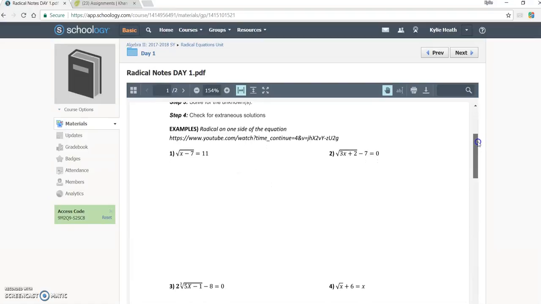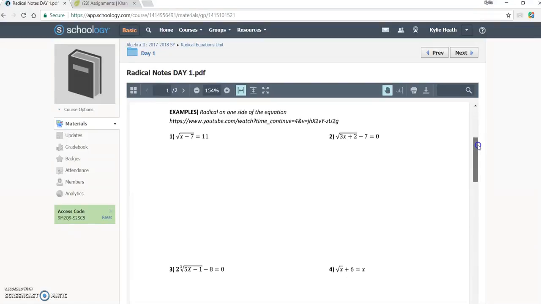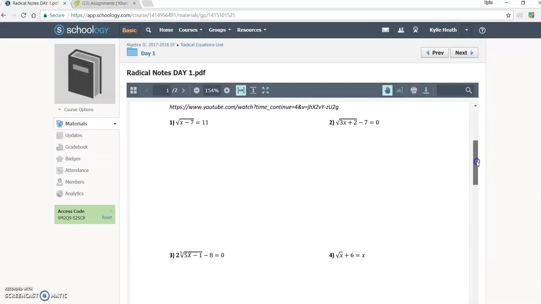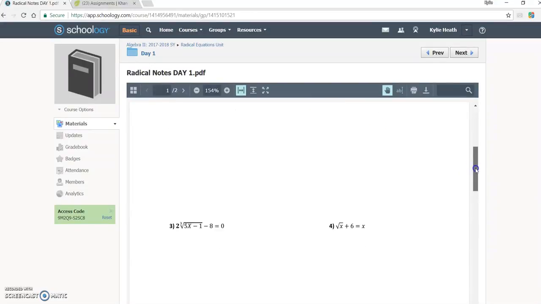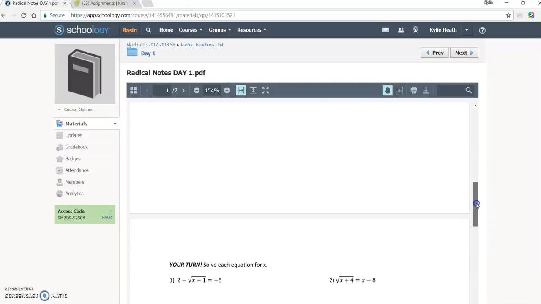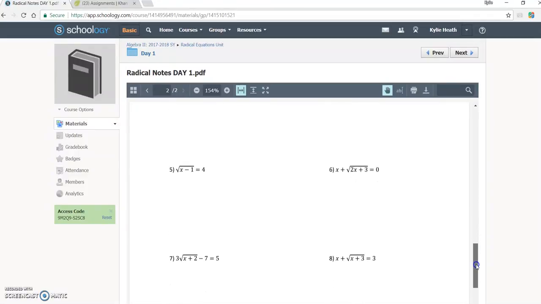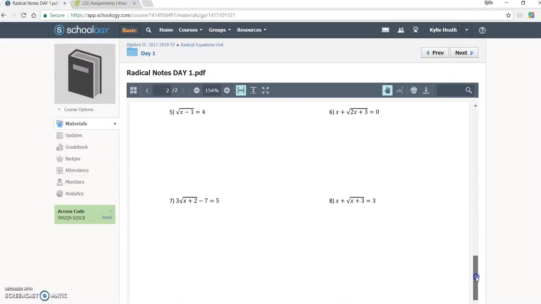I did embed the link into the course of where the videos were, and I also included the website onto the note packet in case the links weren't working for some reason. So students needed to watch 4 different examples and write down some notes, know how to solve these problems, and then there are some your turn problems, or basically check your understanding problems, to have students practice the skill